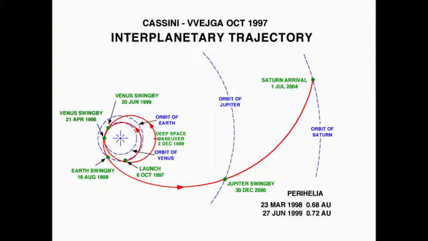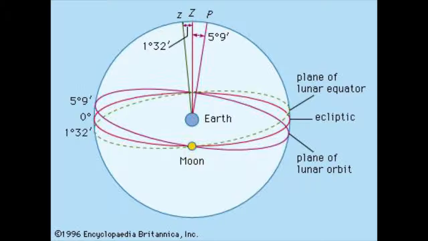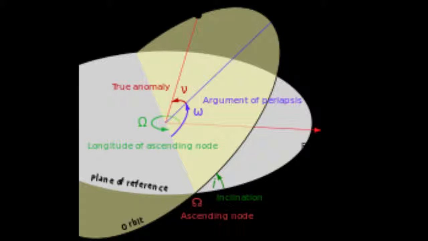A plane formed from a normal to the ecliptic plane and a normal to the Moon's orbital plane will contain the Moon's rotational axis. In the case of the Moon, its rotational axis always points some 1.5 degrees away from the north ecliptic pole. The normal to the orbital plane and the rotational axis are always on opposite sides of the normal to the ecliptic. Therefore, both the normal to the orbital plane and the Moon's rotational axis precess around the ecliptic pole with the same period. The period is about 18.6 years and the motion is retrograde.